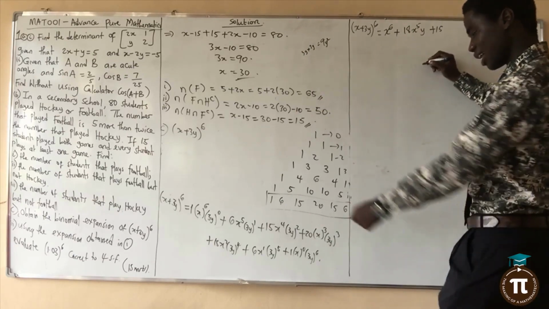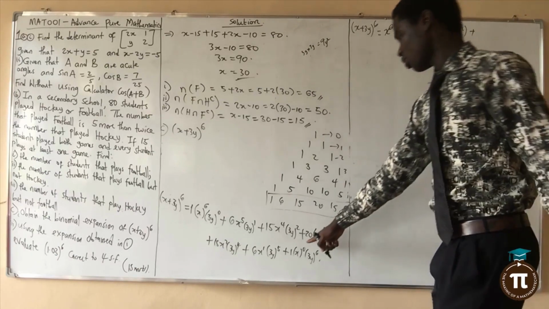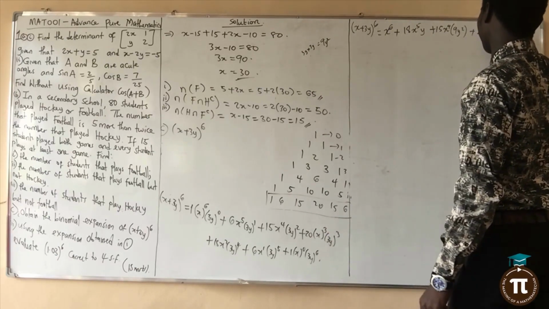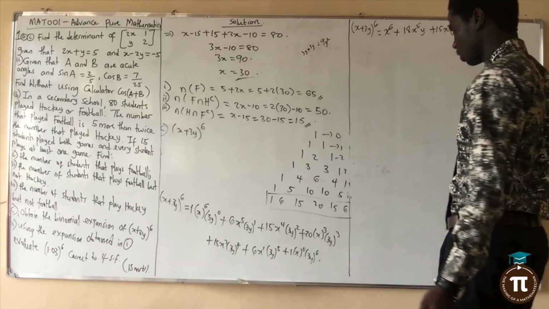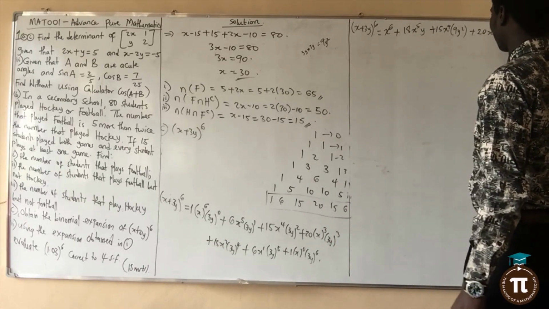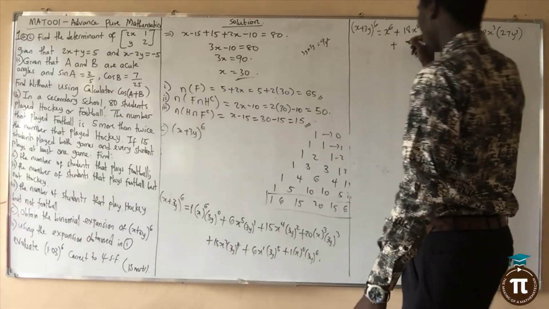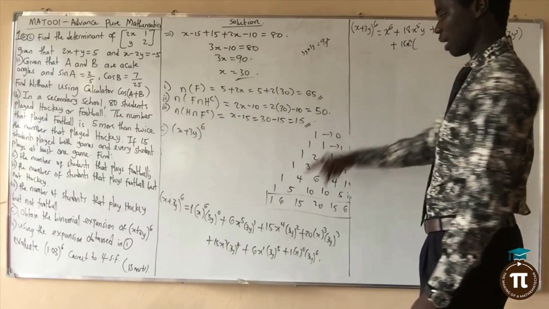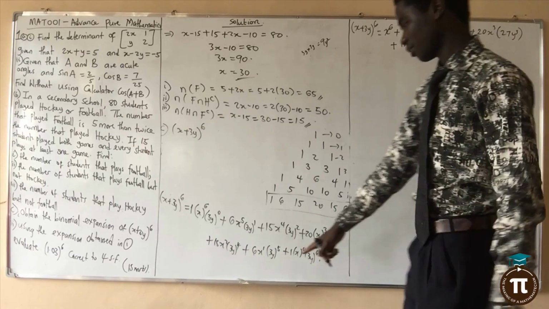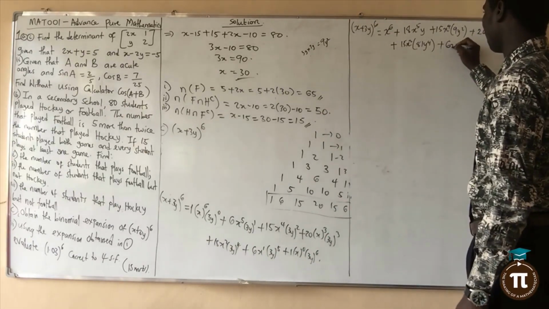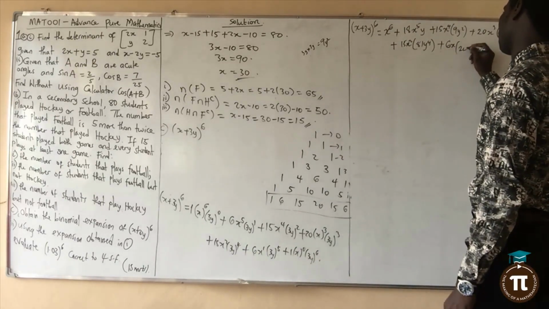So 15x raised to the power 4, multiplied by 9y squared, plus 20x raised to the power 3, multiplied by 3y raised to the power 3 will give me 27y raised to the power 3, then plus this one, 15x squared, multiplied by 81y raised to the power 4, plus 6x, multiplied by 3y raised to the power 5, that's 243